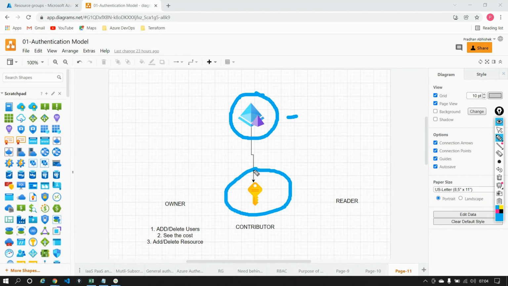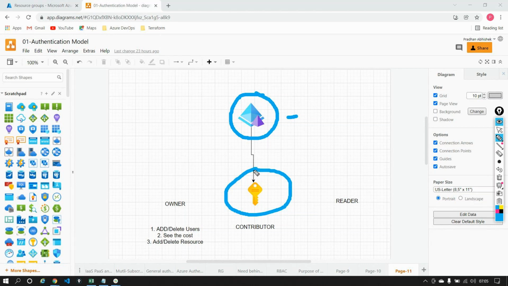And then we said, how do you do user management? You will have multiple users in your organization, not just one or two, who want to use this particular Azure subscription, right? So not everyone can be assigned the role of an owner for the subscription. That's where we have role based access controls, where you will have different roles that are defined. And we said broadly there are three categories of roles: owner, contributor, and reader.